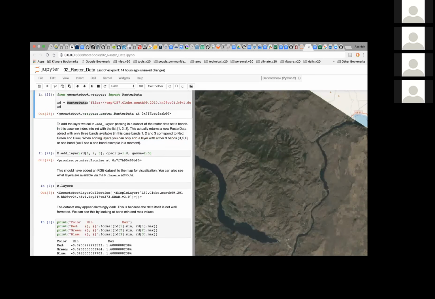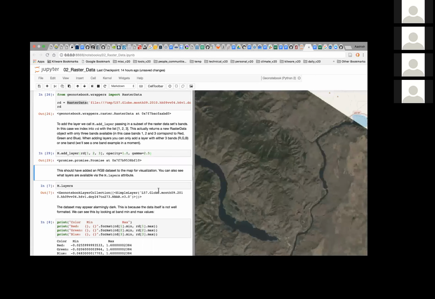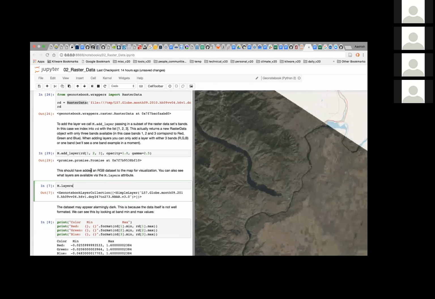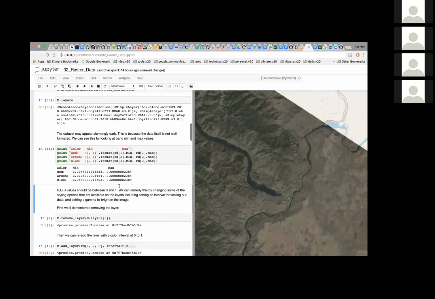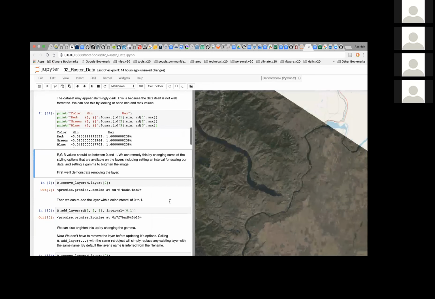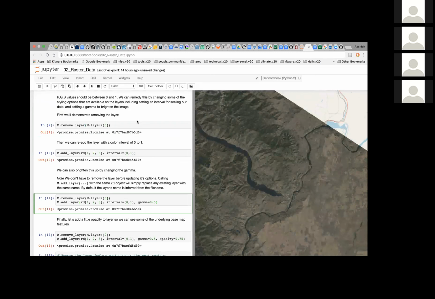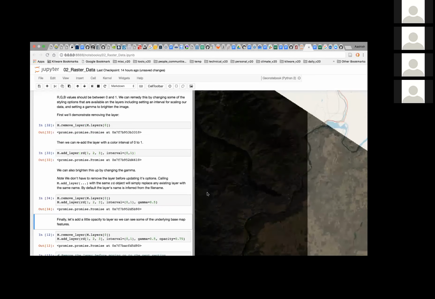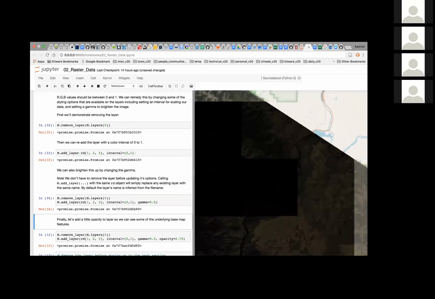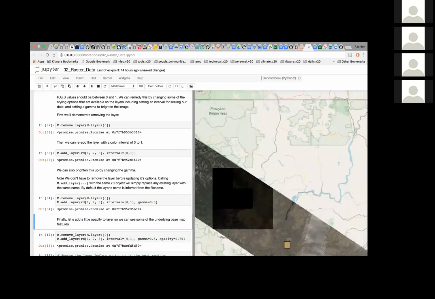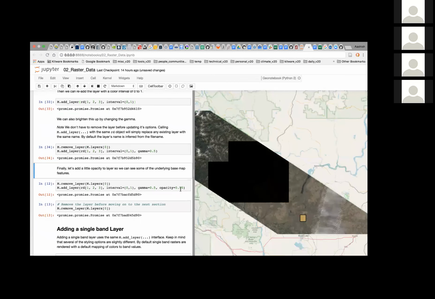So a couple of things you can do. You can obviously change the appearance of the datasets. You can compute the min and max of all the channels here. You can remove the layer if you don't want to show it. You can add it back again. You can change the appearance. Now it's much darker. And if you don't like that, or if that doesn't really help you with the visualization, you can